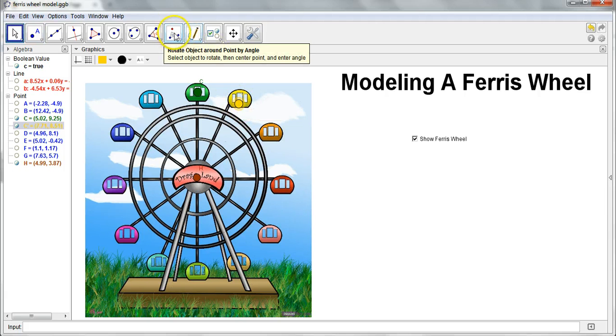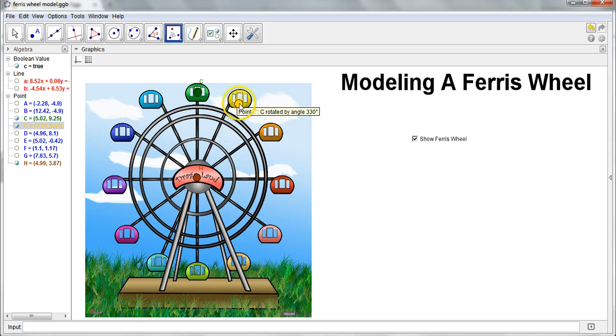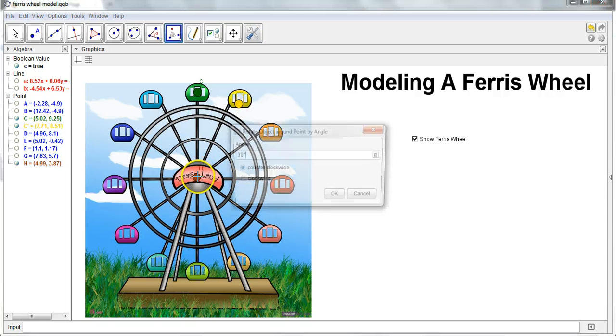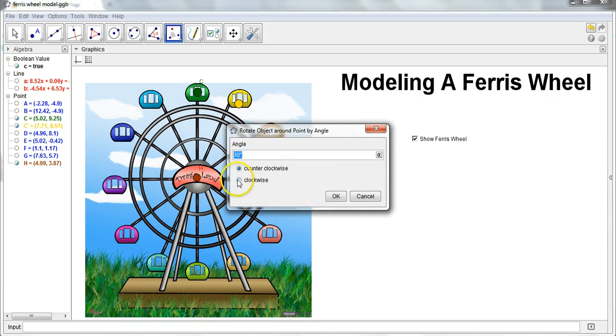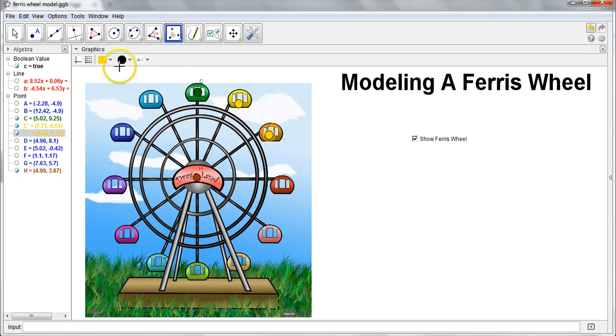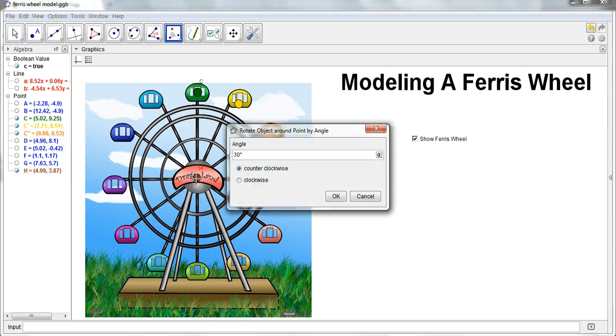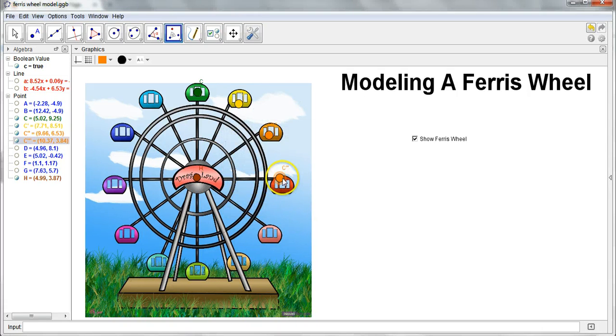So this yellow point, if I grab my rotate tool again, now I want to rotate this yellow point around this center, 30 degrees. It stays in there, that's nice. I'm going to click clockwise again, and now we get this point to rotate here. Let's make it orange. And now I want this point to rotate around the center. If you're clicking and things aren't working the way you want, hit that escape button. It deselects everything, and then just grab your rotate tool again, click on what we want to rotate, where we want to rotate around. Okay, and it's going clockwise, keeping 30 degrees. Okay, now we have this orange one here, which I want to be red,